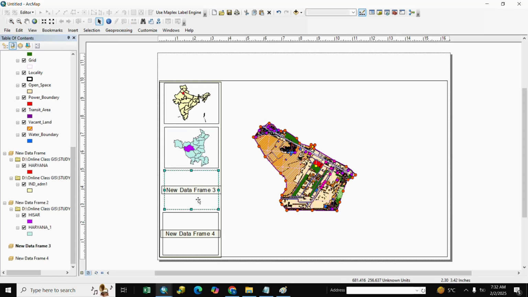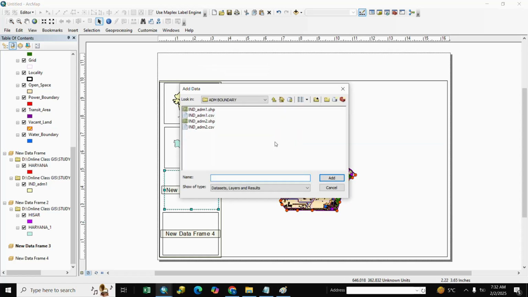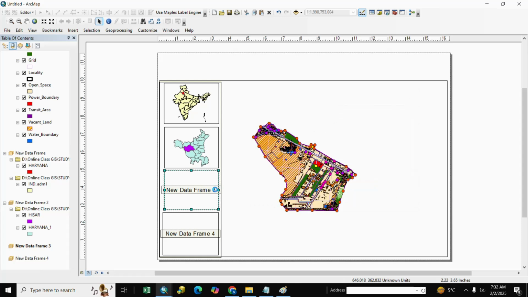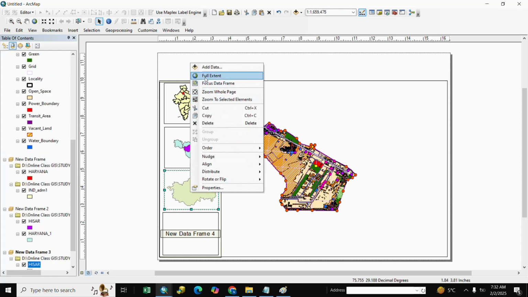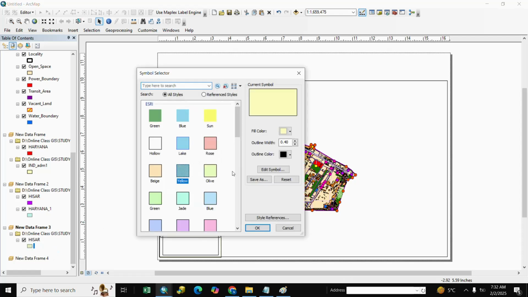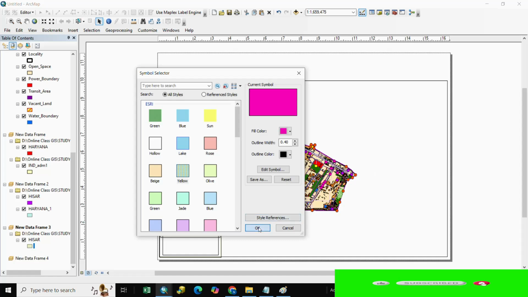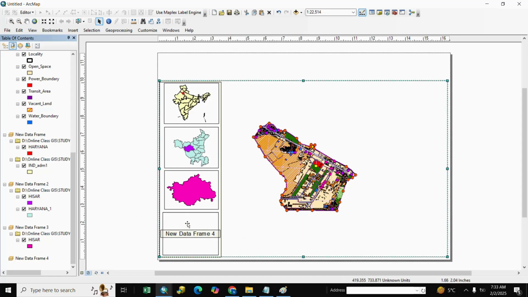In frame 3, we right click and go to add data. We select here Hisar, which we already exported, and we right click, go to full extent, and we change color. Hisar, and next our town boundary,